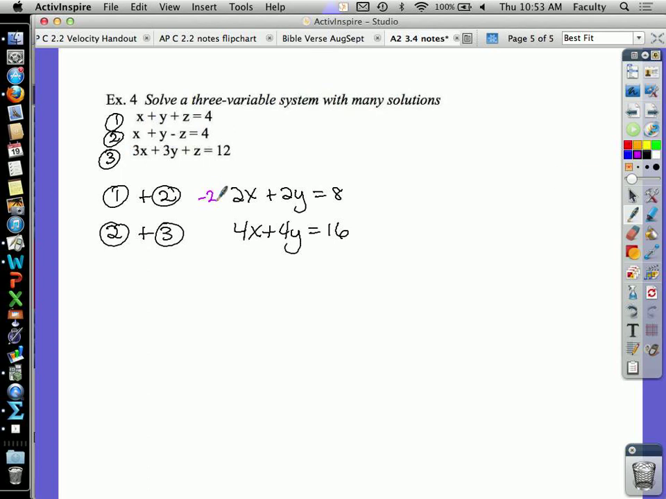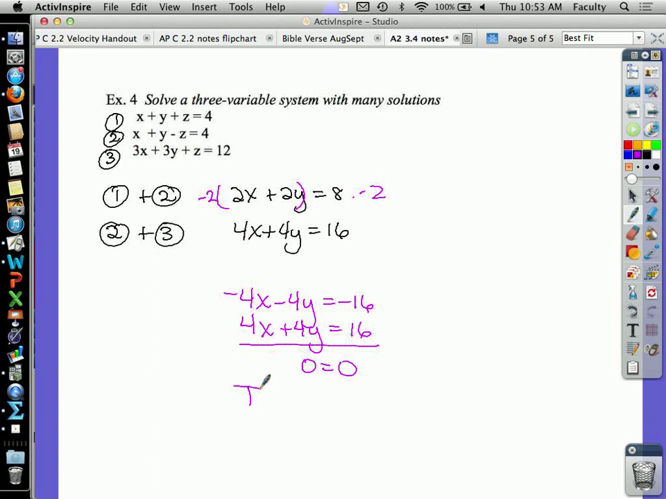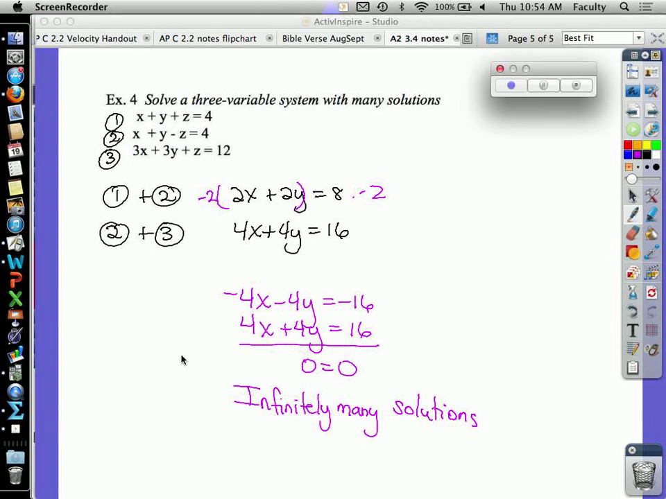So let's multiply the top one by a -2. I get -4x minus 4y equals -16. I line it up with the second equation, and we get 0 equals 0. That is a true statement. Which means there's infinitely many solutions. No. Good question. There's no